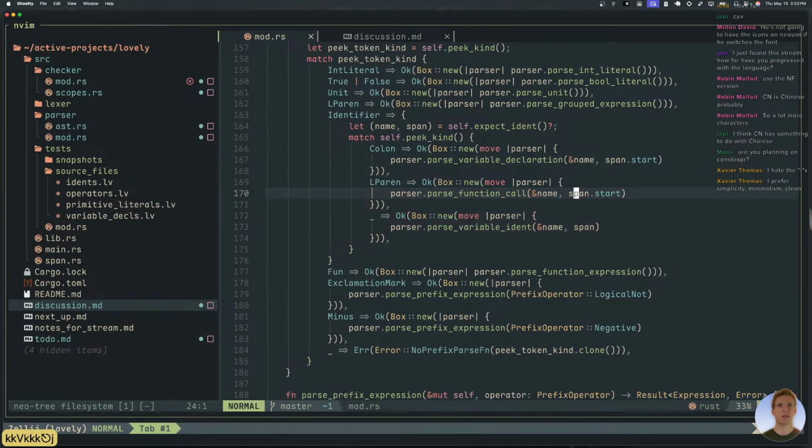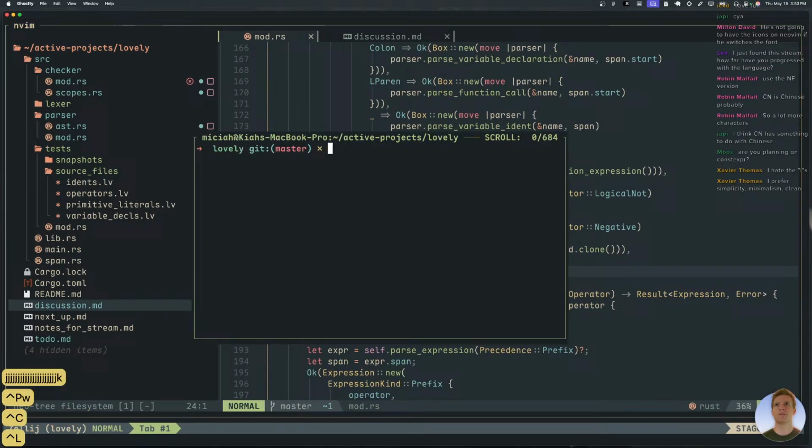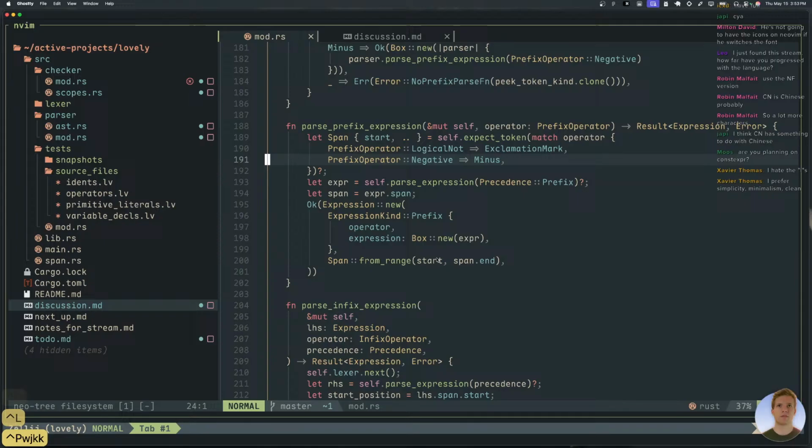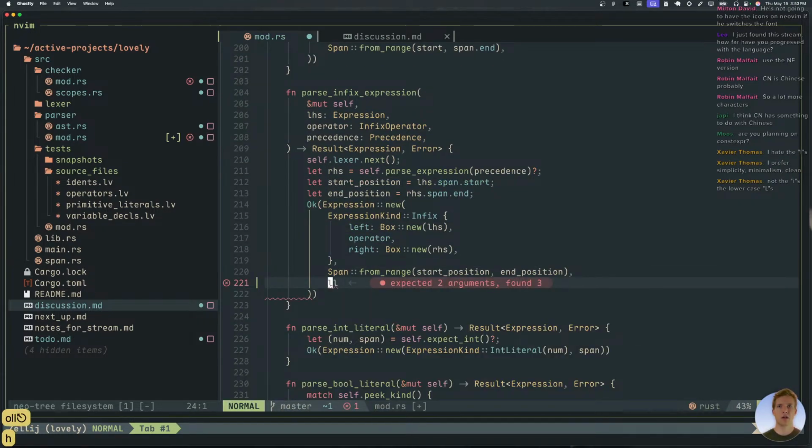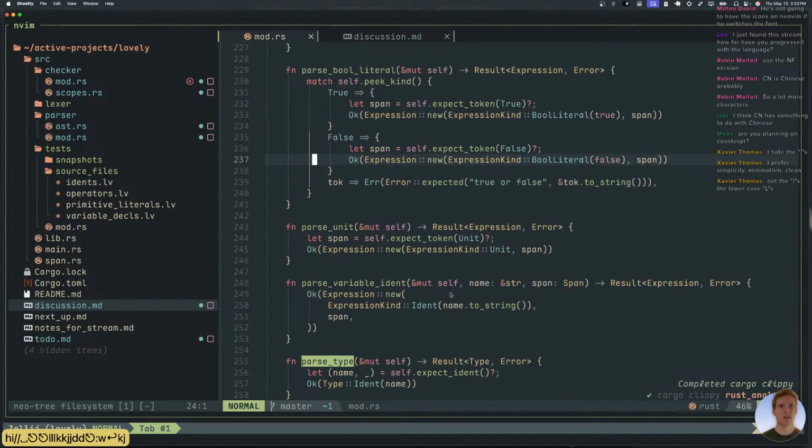I feel like this looks really nice, in my opinion. Yeah, the lowercase L's, like the cursive ones. I kind of like them. I think they're kind of cute.